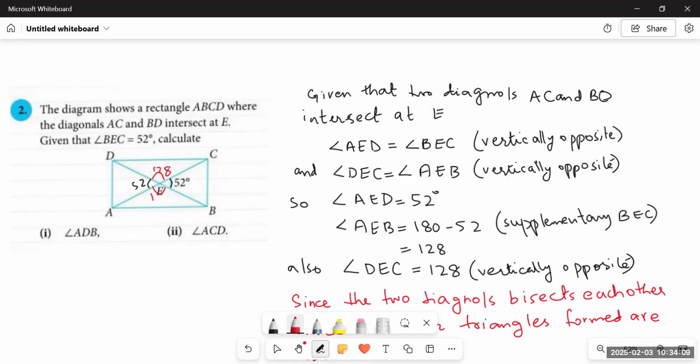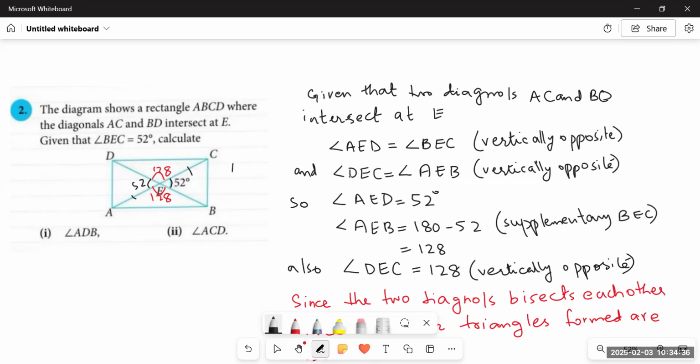So this is how we can easily find out all four angles on two lines that are intersecting at a point. Then we have to talk about the four angles that are at the ends. So if we look at the two diagonals, they bisect each other. Bisect means they cut the two lines into two equal parts. So these two parts would be equal to each other. That is, AE would be equal to EC.